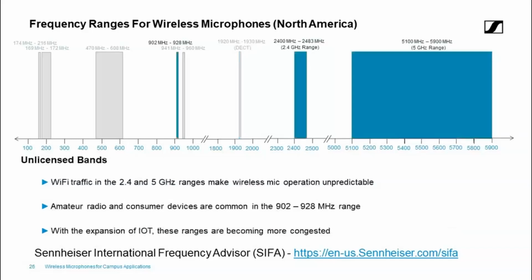The other range to think about is the 2.4 gigahertz. We do have some systems in that range, but we don't try to do a lot of high channel counts in this range because it is a very, very busy spectrum in the 2.4 and the 5 gig range. And I think you all know that. You've seen the interference really come up as people use Wi-Fi more and more. Luckily, we've been hearing word of new spectrums opening up in the 6 gigahertz range. So we look to see more of that opening up in the future.